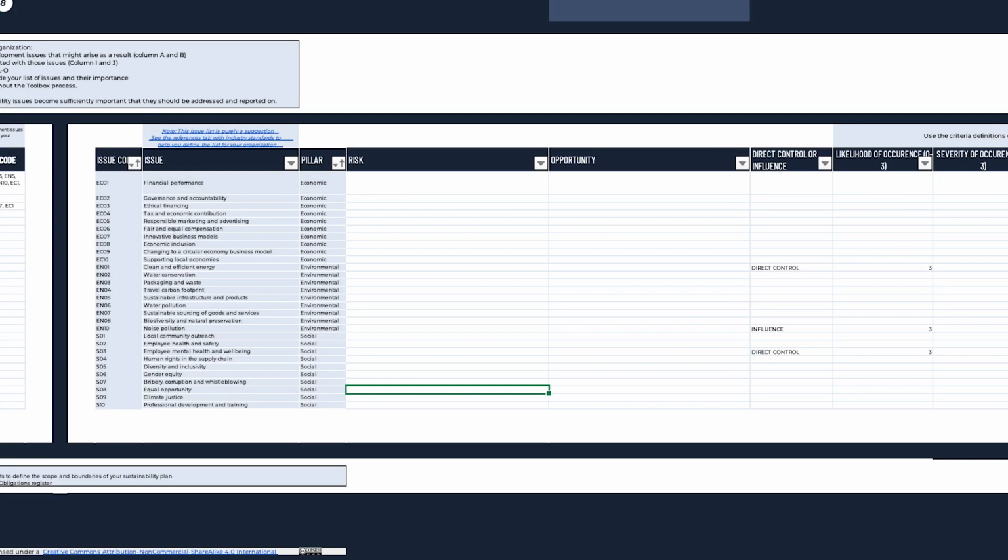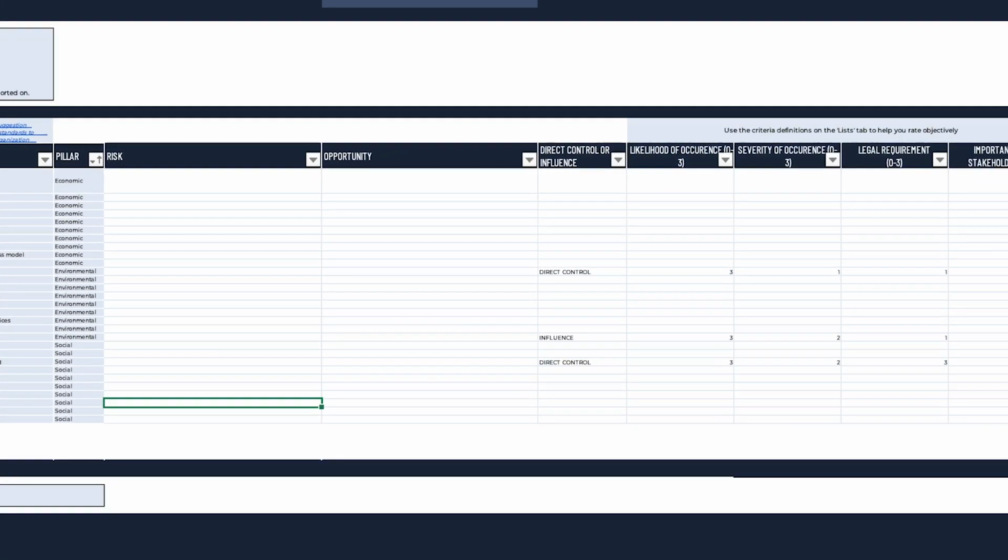Categorize these issues by indicating whether your organization has influence over the issue or direct control over it. In the 5 columns, we create a prioritization score for the issue. Use your stakeholder engagement feedback to inform the score and therefore understand the likelihood of an issue occurring, the severity of its consequences, and the extent of the legislation, policy, or regulation around the issue. You will now have a total score to indicate the issue's importance and an idea of the control that you